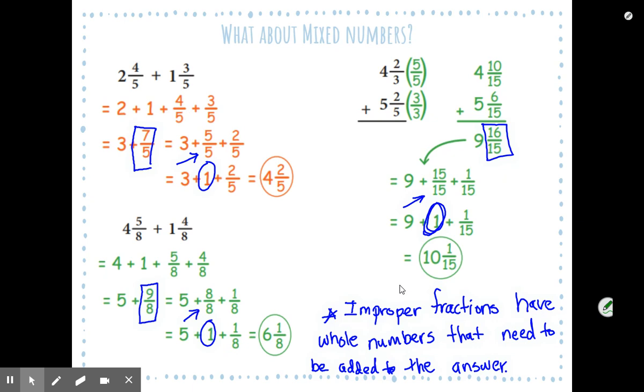Okay, so the other thing I wanted to talk about when you're adding mixed numbers is